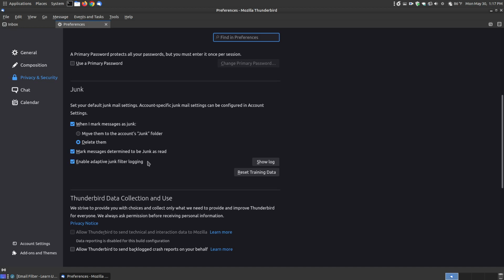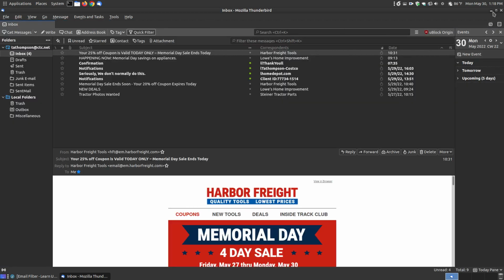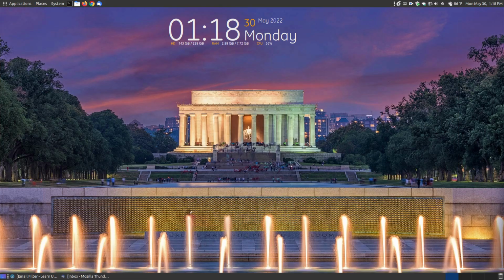And then right here's the key thing right here. Enable adaptive junk filter logging. So it kind of remembers what you mark as junk. So over time it learns that if something comes through with certain types of things that you've labeled as junk, it will start doing it itself. And if for some reason it starts labeling something as junk incorrectly, you can go to reset the training data, or you can show a log of the things that it's learning, or you can disable that altogether and just create a filter yourself. So those are ways that you can make your Thunderbird email client a little more secure,